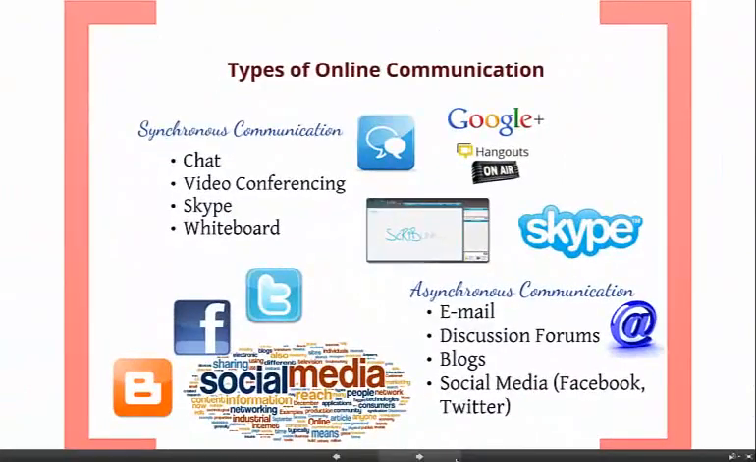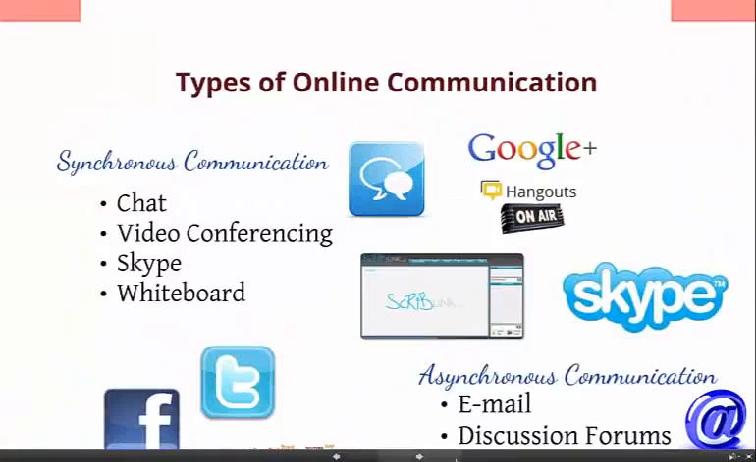To begin, synchronous and asynchronous are two types of online communication. Synchronous communication occurs at the same time. It's real time, but in different places. A telephone is an example of synchronous communication. Other examples include chat, video conferencing, Skype, and a whiteboard. You may be accustomed to using some of these tools to communicate with friends and family outside of an educational